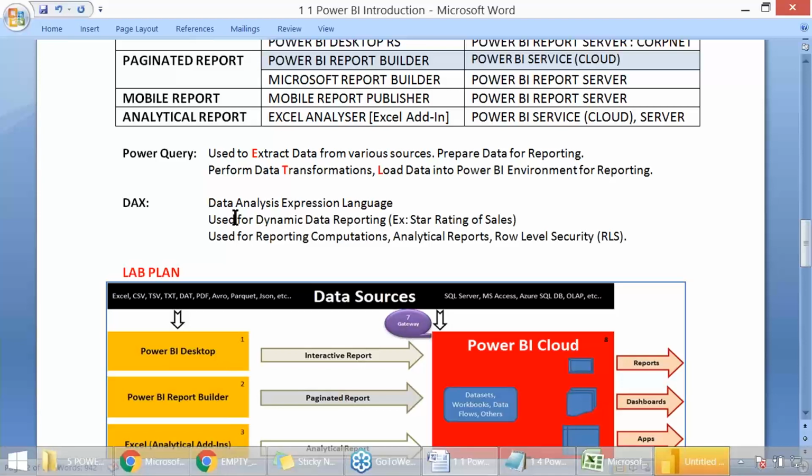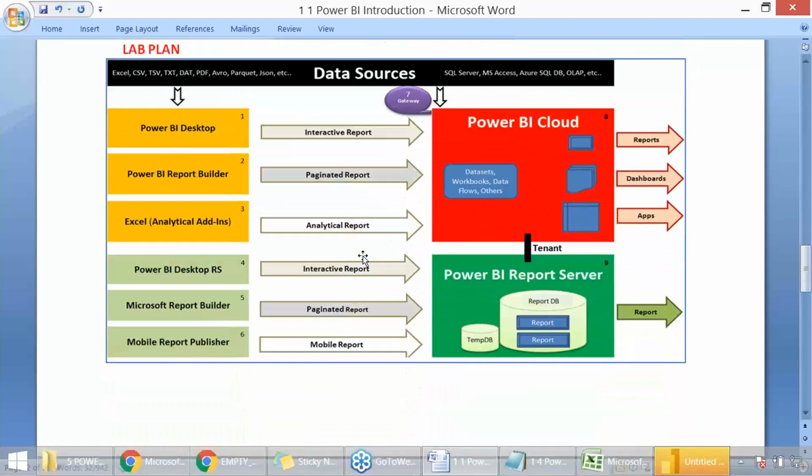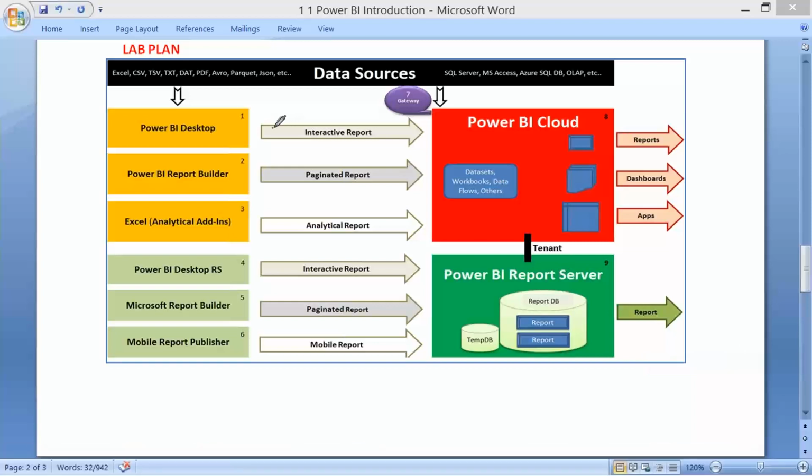Then the question, when to use which? That would be the conclusion towards the end of the data modeling activities. And so 6 different tools, 4 different report types. Just in case, to repeat, interactive report: one for cloud, one for report server.